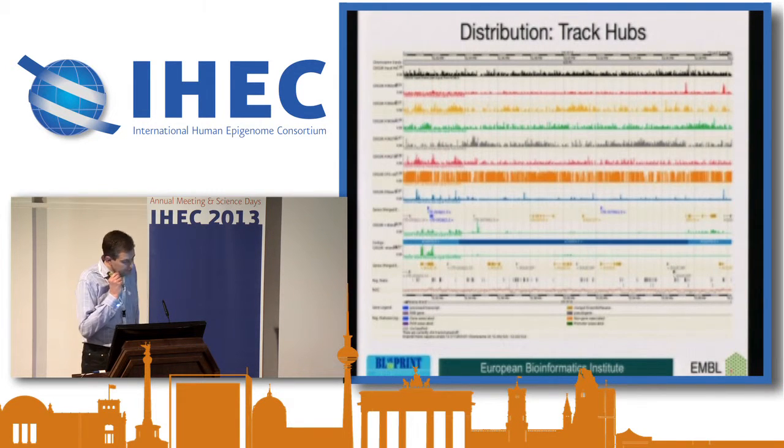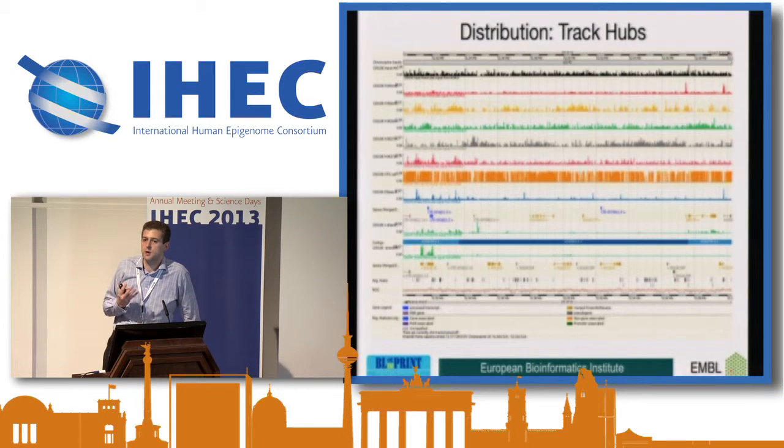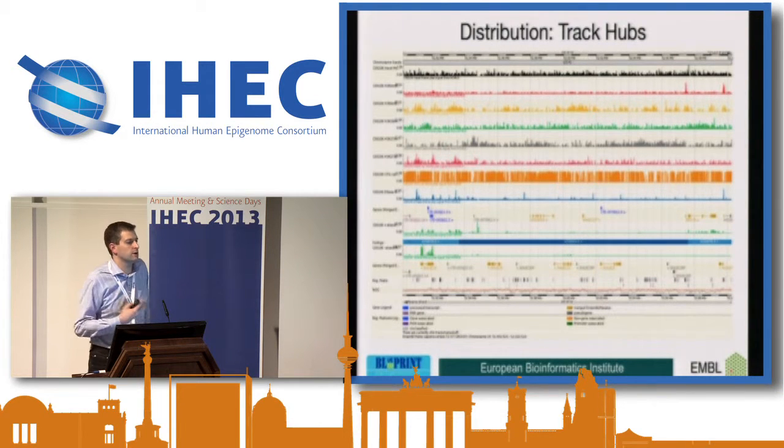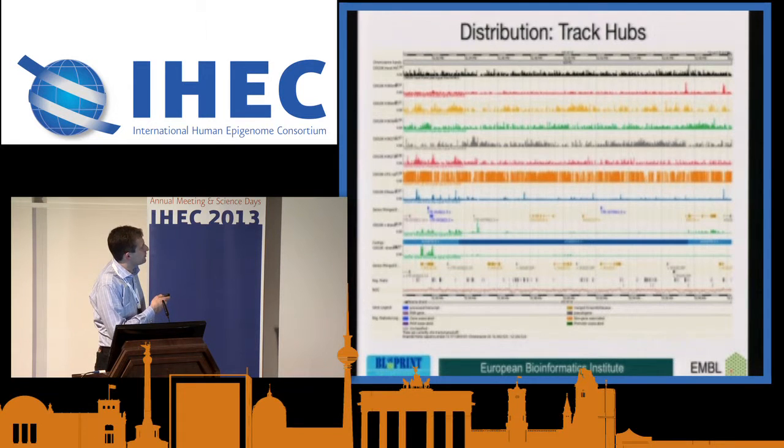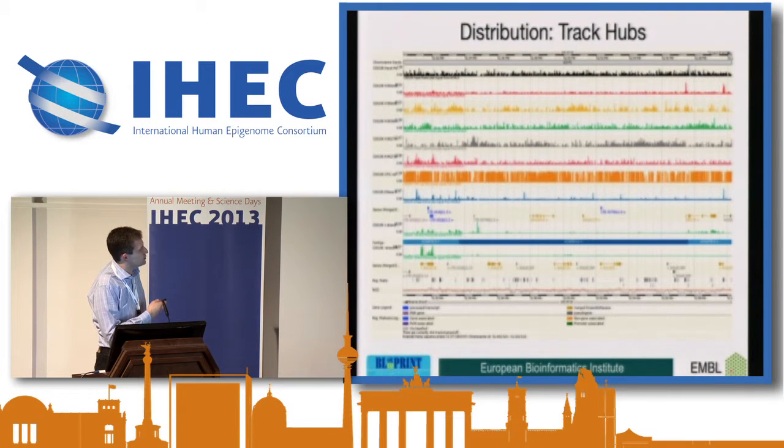So to give you an example of what this looks like, here's a whole host of data coming out of the track hub. This is all on the Ensembl genome browser. I think it's probably true most of you will have seen track hub data in the past displayed on the UCSC genome browser. But given that, I don't think it's a big stretch that you can see that this is basically the same